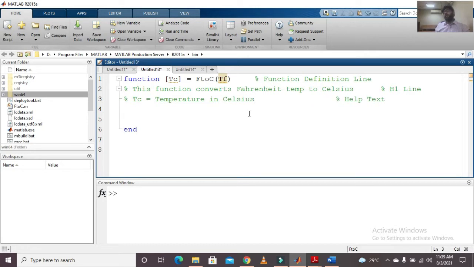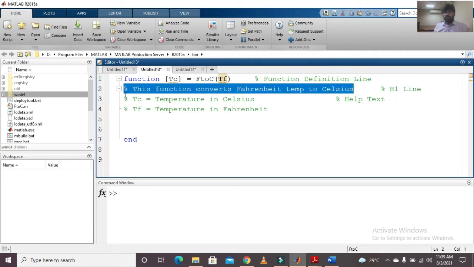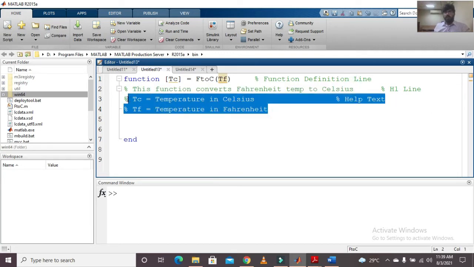This will be my help text line. And it is not necessary that there can be only one help text line. There can be multiple help text lines, but there will be only one H1 line. Temperature in Fahrenheit. So this is my H1 line, and these two are my help text lines.